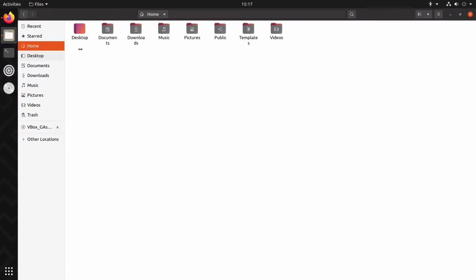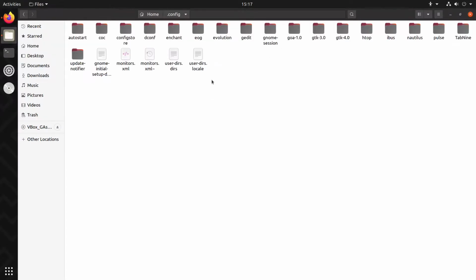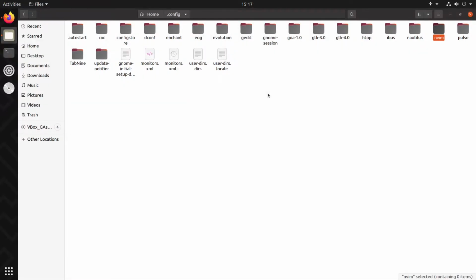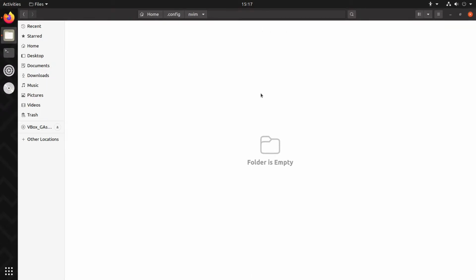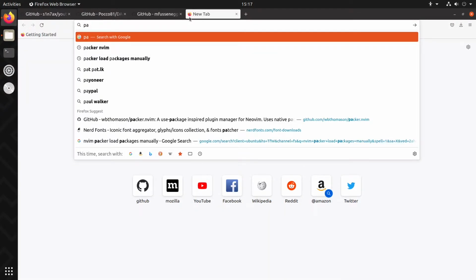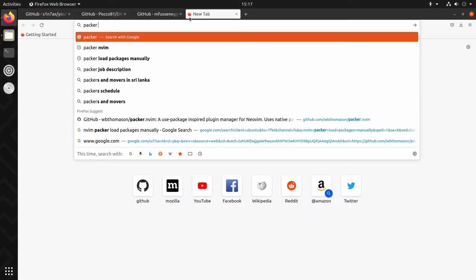Alright, let's go to home directory and show hidden files. Go into .config and I'm going to create a directory for Neovim called nvim. Inside that, let's first start setting up a package manager. So let's Google packer nvim